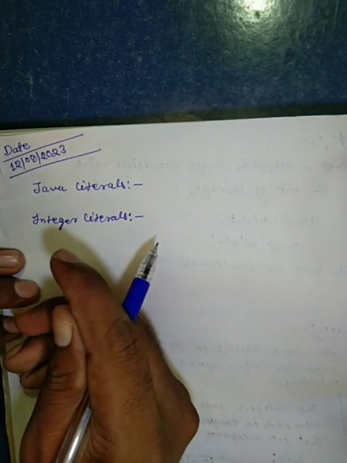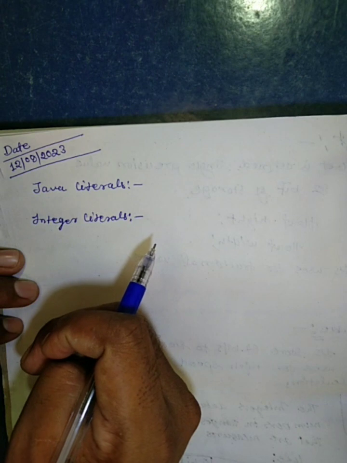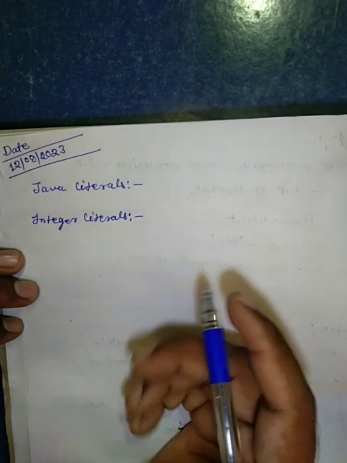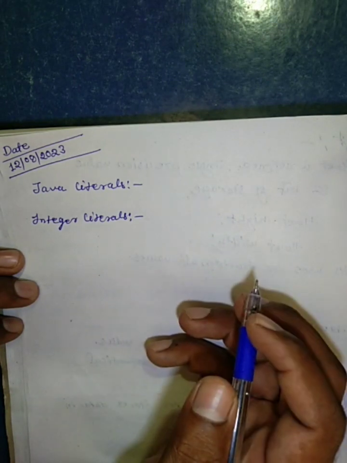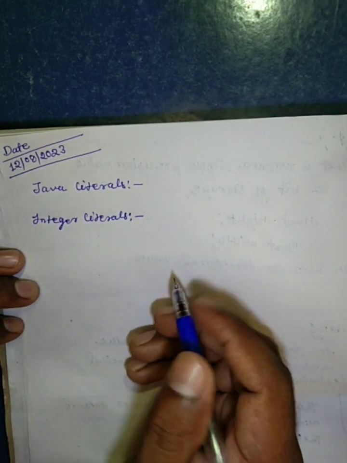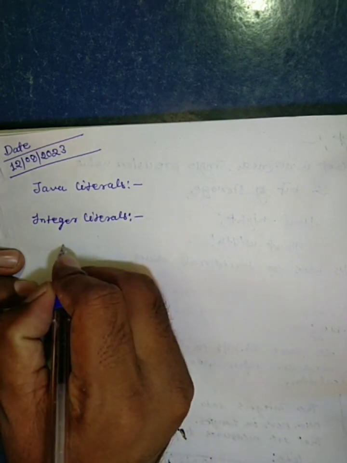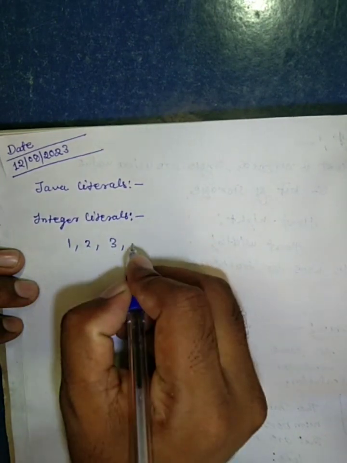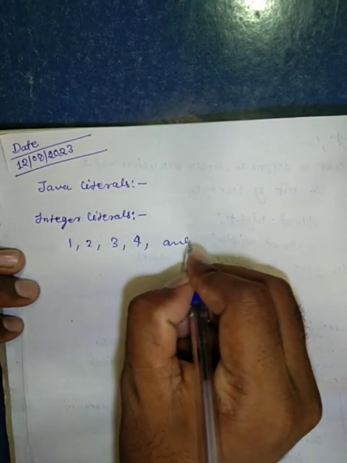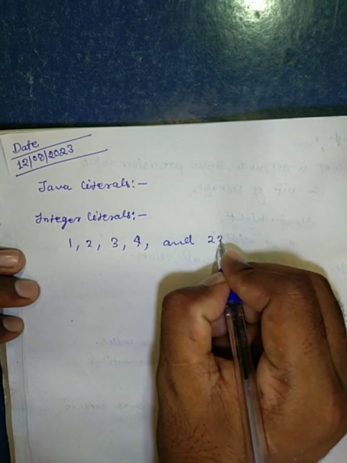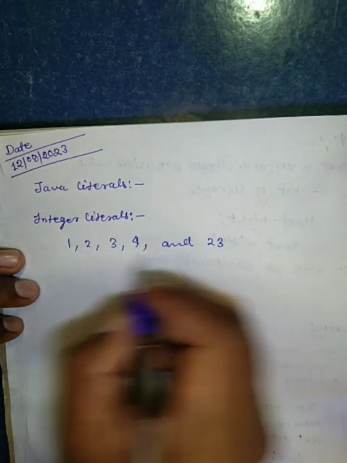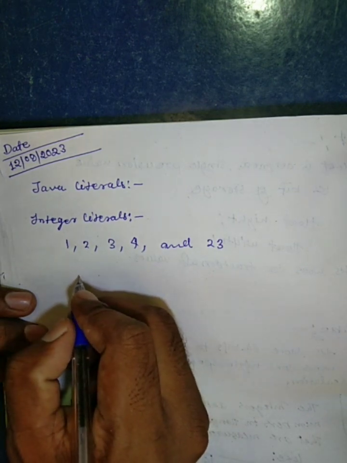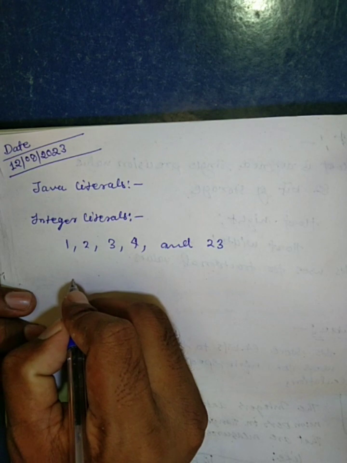Any whole number is an integer literal. For example, in integer, any whole number is a literal, for example 1, 2, 3, 4 and 43. These kinds of numbers are literals in integer data types, like 1, 2, 3, 4 and 23. These are the literals in the integer data types, including all the integer data types and hexadecimal